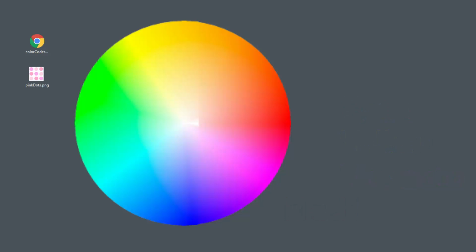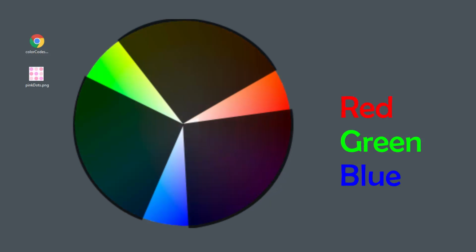In a subtractive color system, black results from mixing all other colors and white results from the absence of color. For the web, the primary colors are RGB, or red, green, and blue. These colors work well for an additive color system in which colors emit light on their own. In an additive color system, white results from mixing all other colors, and black results from the absence of color.